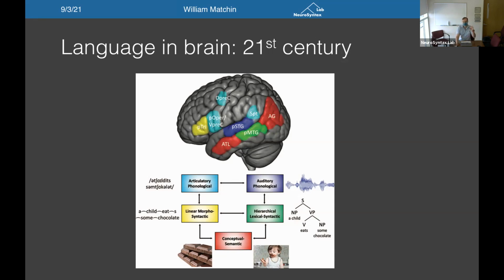But now we've got methods we can look at the brain non-invasively. And then we also have much more sophisticated linguistics than we used to. So this is the thing that I'm particularly interested in. This is sort of what the lab's purpose is, to connect these neuroscience methods and the kind of disorders that we see in aphasia with what we know about language that linguistics has taught us over the last